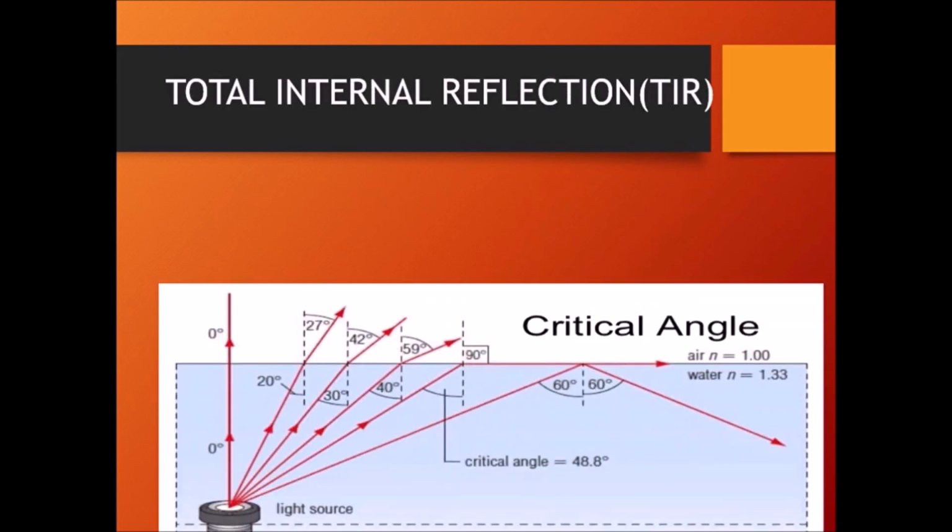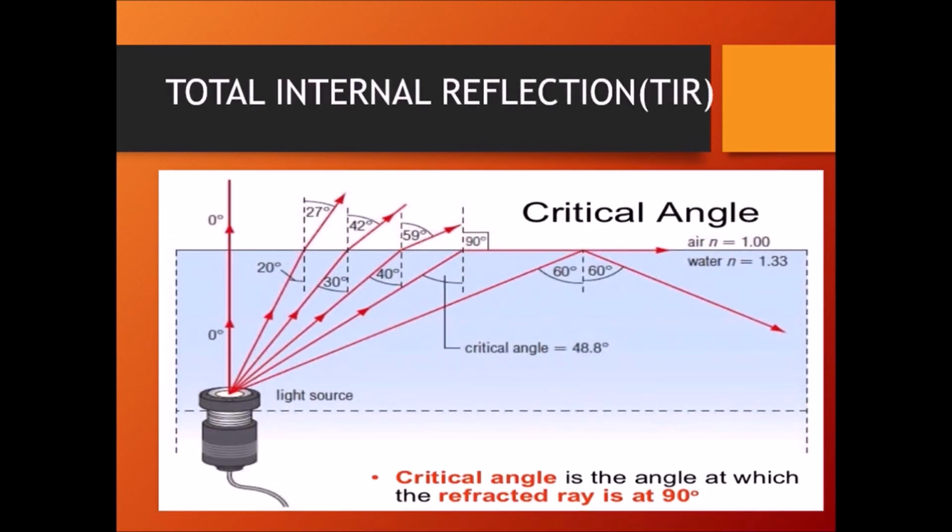So let's talk about what critical angle is all about. You can see here I have a denser medium. This is water, right? Here I have a lighted torch, so the rays of light are emitted from here. You can see that this ray of light is emitted and falls perpendicular to the surface. When it is falling perpendicular, it is not bending, it is going ahead without refraction.